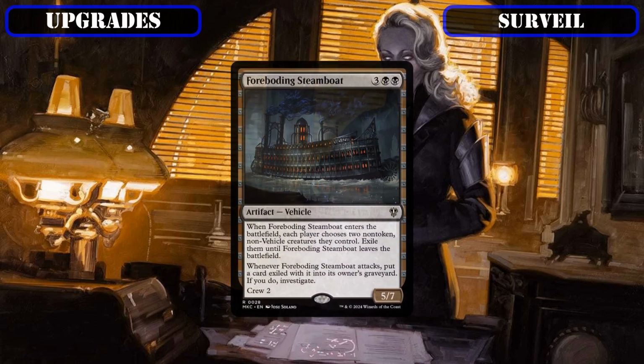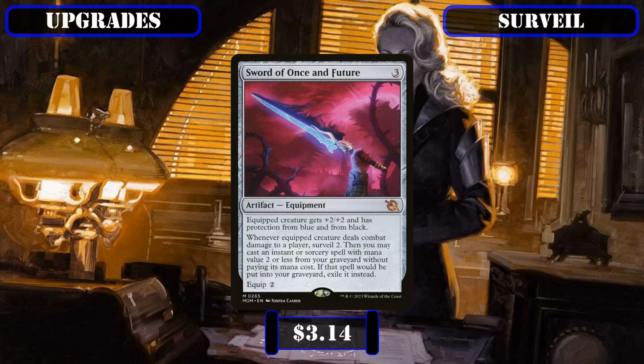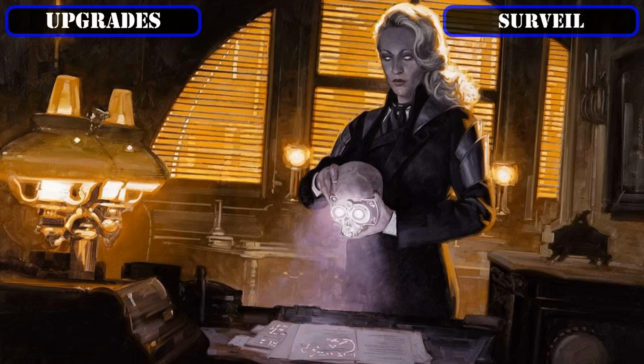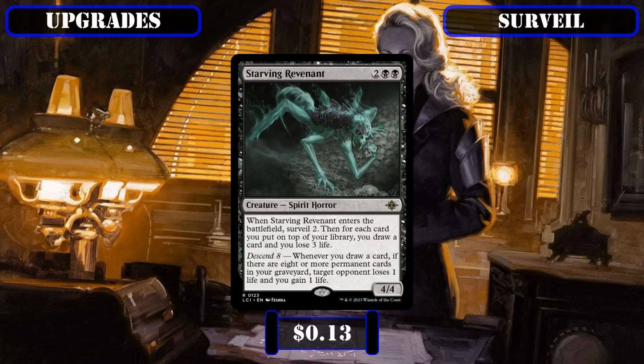the strange O-ring-like Foreboding Steamboat being smelted down into Sword of Once and Future, which provides Mirko with on-attack surveil, lets us recur some solid reanimation spells and/or efficient surveilling cantrips from our bin, and offers some solid protection against relevant colors along with a decent stat bump on top of that to help keep our commander alive and enable him, the OK clone Vizier of Many Faces being phased out for Starving Revenant, whose ETB surveil/draw effect is